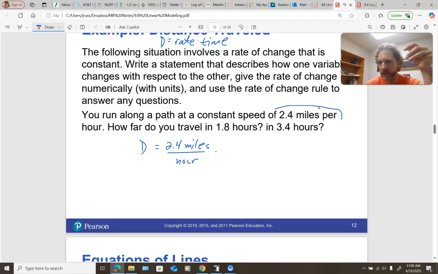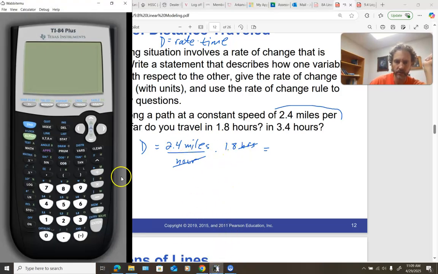So we're going to evaluate this for two different values of time, or for x, however you want to look at it. The first thing, I'll plug in 1.8 hours, okay, so the hours divide out, and you multiply 2.4 times 1.8,